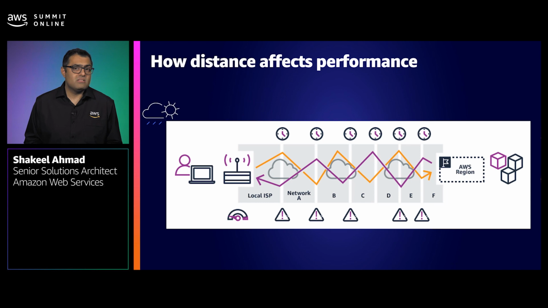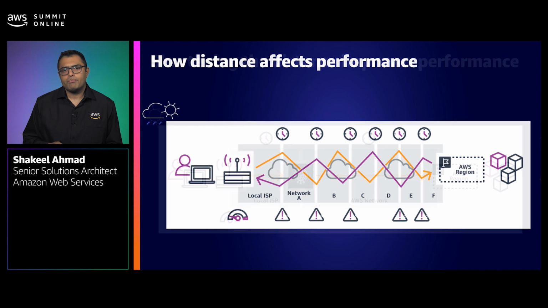So why does all that matter? In short, performance, right? The internet rarely goes in a straight line. It can take many networks for your users to reach applications or even AWS site-to-site VPN endpoint, for example, right? Each individual hop or a router in the path can also impact the performance, as each one is a chance for congestion, jitter, or even packet loss, right?